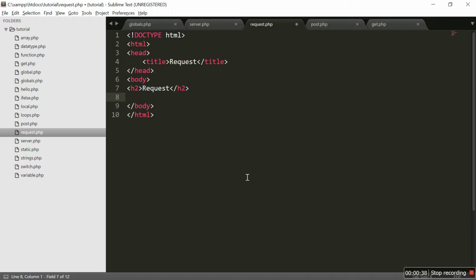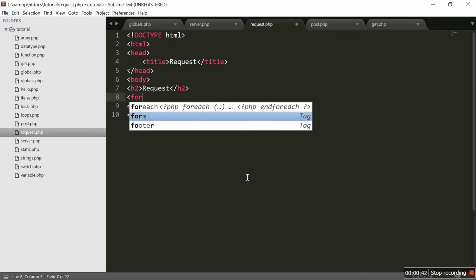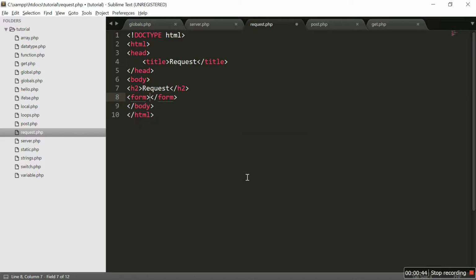Now writing an HTML form, starting form tag, ending it. Form method is post,